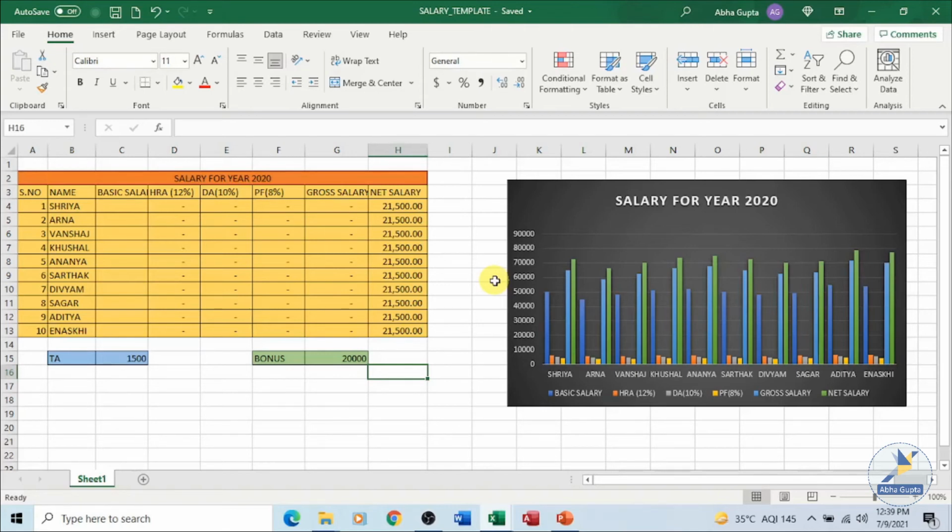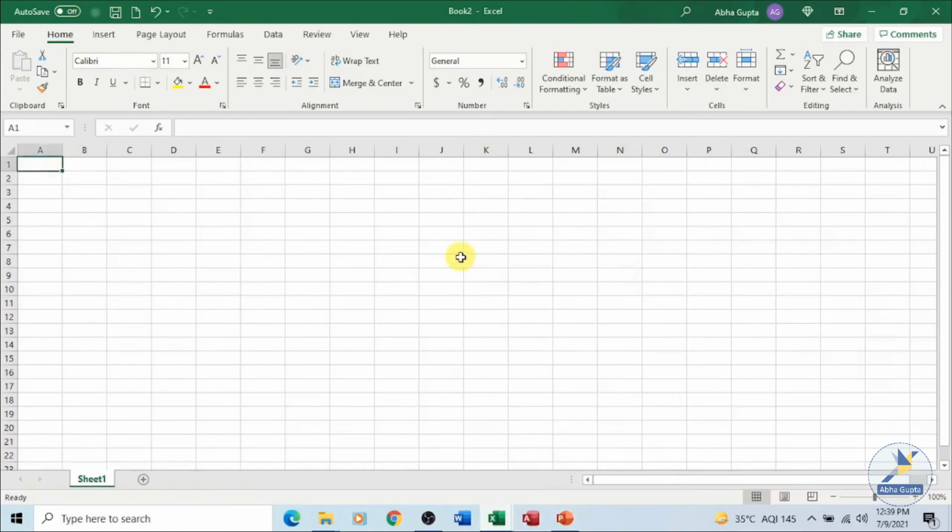Now we want to use this template for storing the data. We will not store the data on this Excel template which we have created. We will create a new workbook, and there we will make use of the Excel template. Let's see how we can do that. I have opened a new application. The application window opens with a default workbook over here. I don't want to work on this blank workbook. I want to make use of a template.